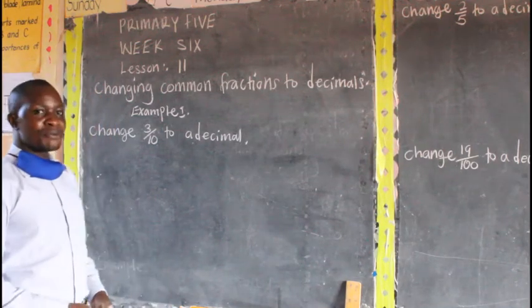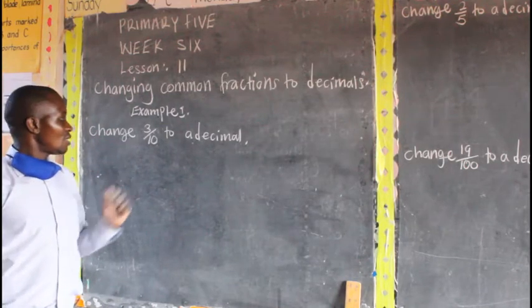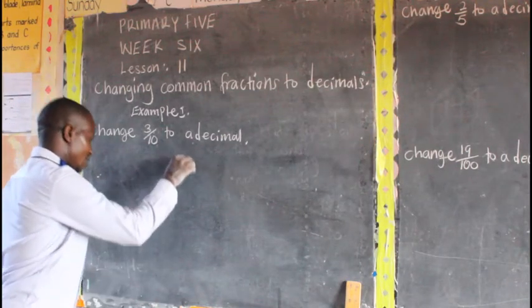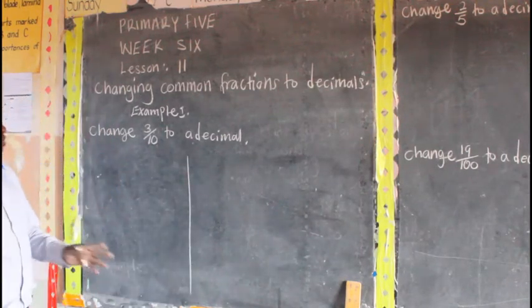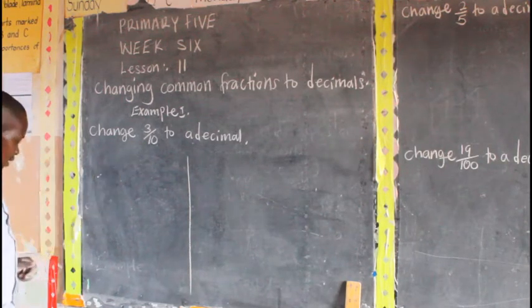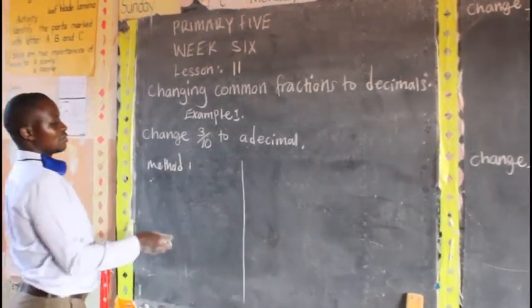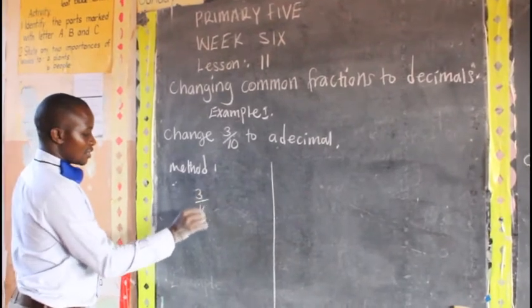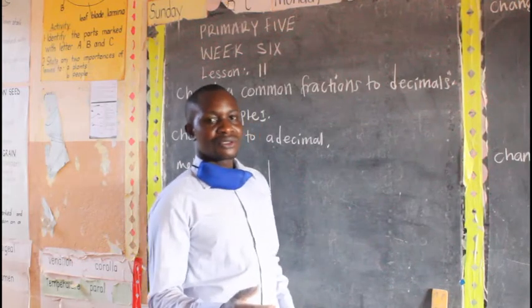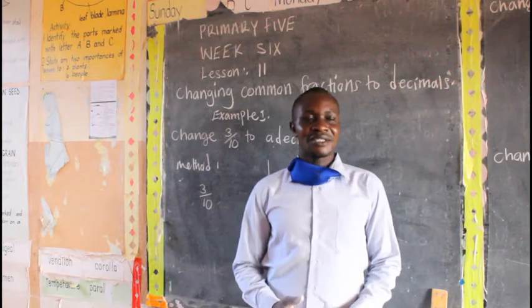So let's look at example 1. Example 1 says change 3 out of 10 to a decimal. I'm going to give you 2 methods. So the first one, method 1: 3 out of 10. When you are changing a common fraction to a decimal and the denominator is in multiples